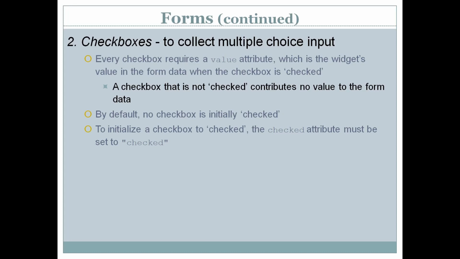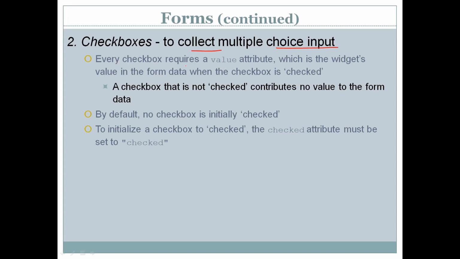The next widget is checkboxes. As we know about checkboxes, whenever we need to display multiple items where a user can select more than one item from the list, we can use a checkbox. A checkbox is a square box which the user can select or deselect. Checkboxes can be used to display a list of choices from which a user can select more than one choice. So checkboxes are used to collect multiple choice input.